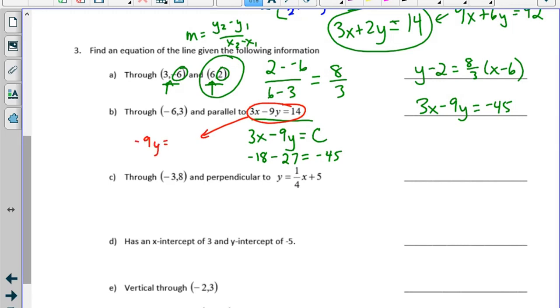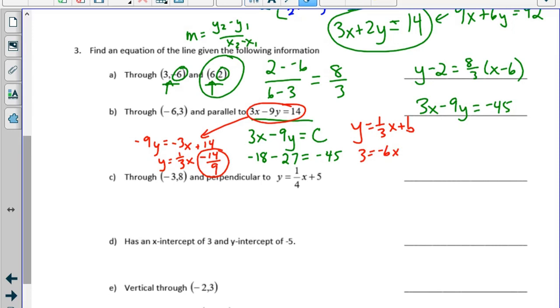So negative 9y equals negative 3x plus 14. And then I divide, so I get y equals positive 3 ninths, or positive 1/3 x minus 14 ninths. But it doesn't really matter what this is, because that's going to end up being a different value anyway. So you can take y equals 1/3 x plus whatever the y-intercept is going to be, and substitute in,